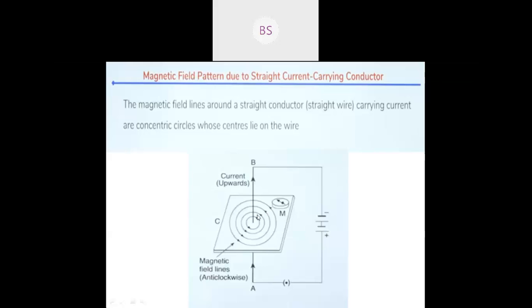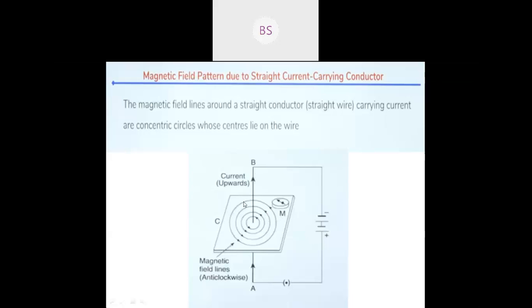Okay. What is the third observation? If you increase the current in a wire, the magnetic field lines become denser, and iron filings get arranged in circles up to a large distance. For example, if they are now only here, and the current is increased more, two more circles you can find around the current carrying conductor. These are the three observations. So any doubt in these three observations?